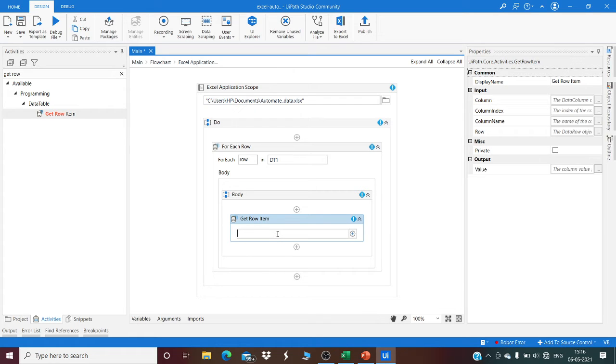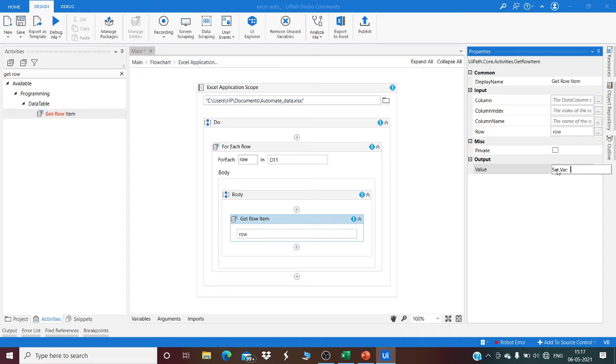Double click on the get row item, write row for here, and in the properties section of the output value, press Ctrl plus K, create a new variable named row item and press enter. In your data, write the column name you have. In my file I have name. Enter it.